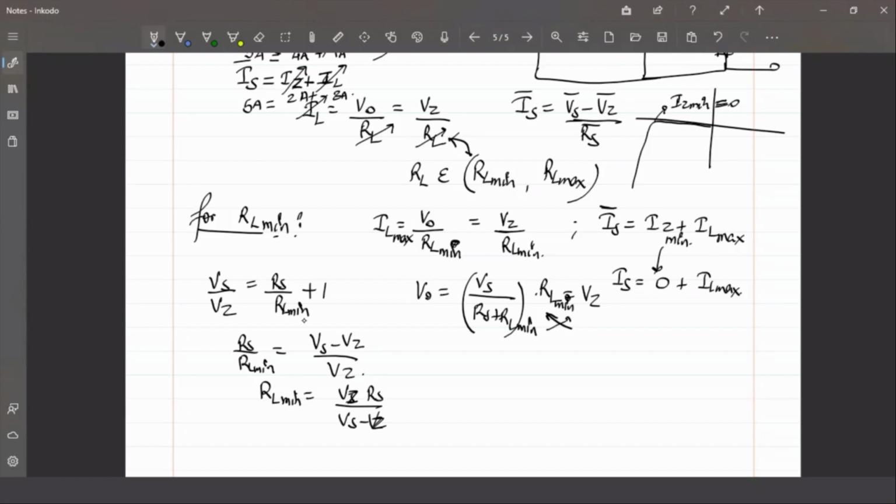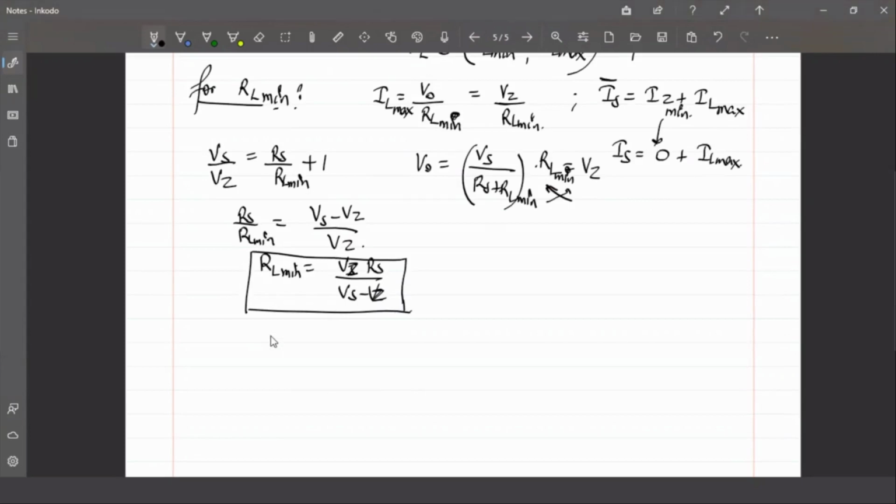So this is the minimum value of load resistance which should be there in the circuit for the device to still be operating in the Zener diode voltage regulator mode. If it is less than this resistance value, the current through the Zener diode will be lesser than its minimum value, that is, almost negligible. This will not come out of the breakdown region and the output voltage will no longer be equal to Vz. Right, this is the minimum value.